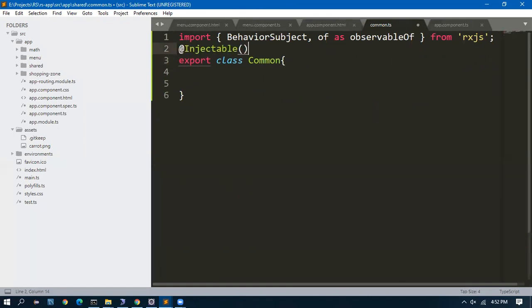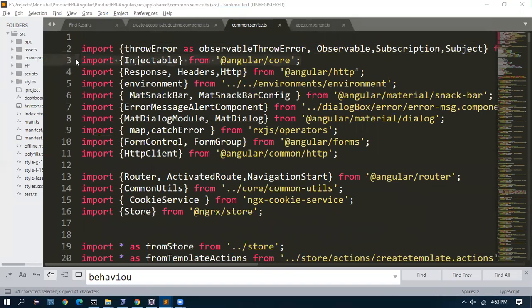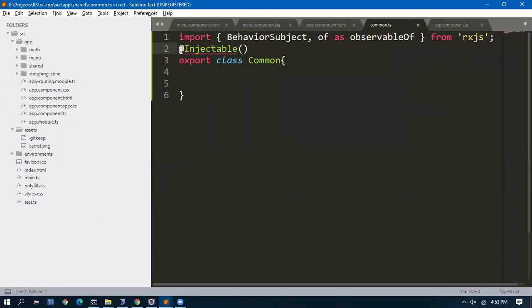I will give it as injectable. I'll tell what this is and the syntax. Injectable is from Angular core.